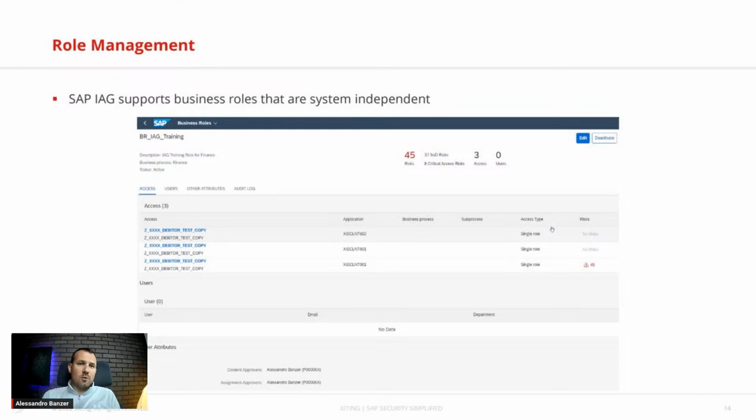Not only can business roles be requested and managed, we can also manage technical roles. If you synchronize the technical roles like single roles, composite roles, and the groups into IAG, we can also provide those attributes to them, and then they can be requested directly as well if you want that. It can also be controlled by authorizations, whether that's desired or not. That's entirely up to you as a customer, but all of that is possible.